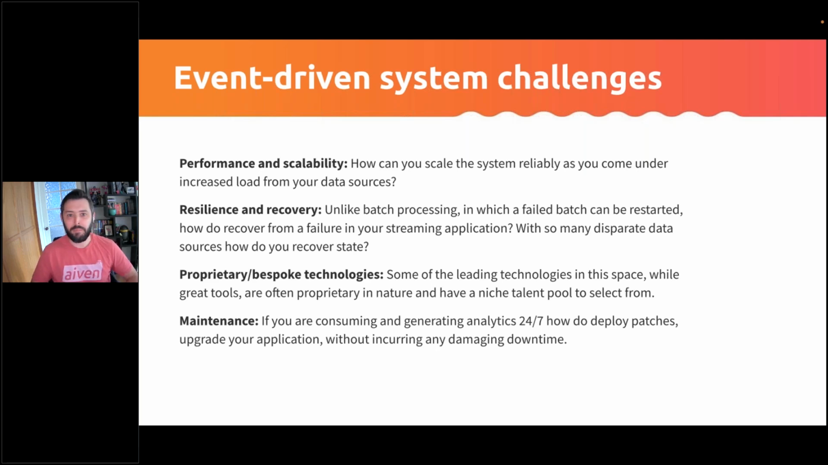Some of these systems can be rather bespoke, and the underpinning technology can be proprietary. Now, there's nothing wrong with that. I've worked with proprietary technologies, and some of them are quite awesome, and they're really good in that space. But the challenge you run into is that the talent pool to select from is rather niche. So when it comes to adding new features or maintaining the application, you're quite limited in who you can hire